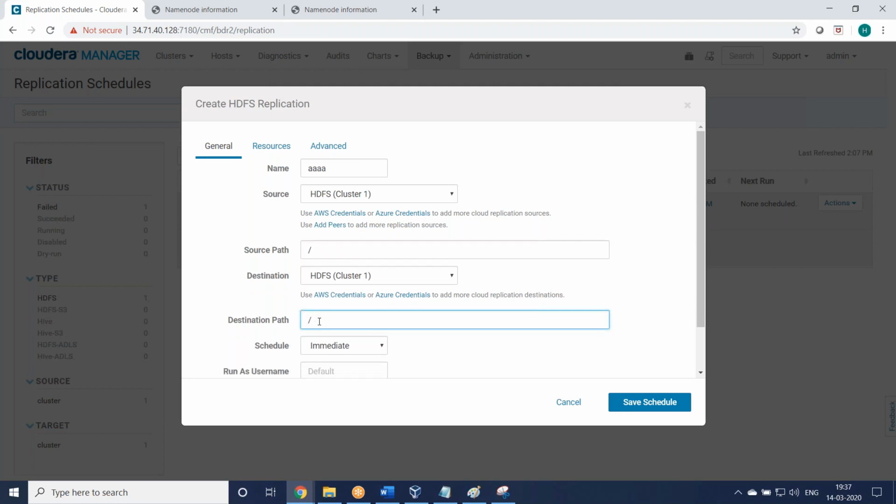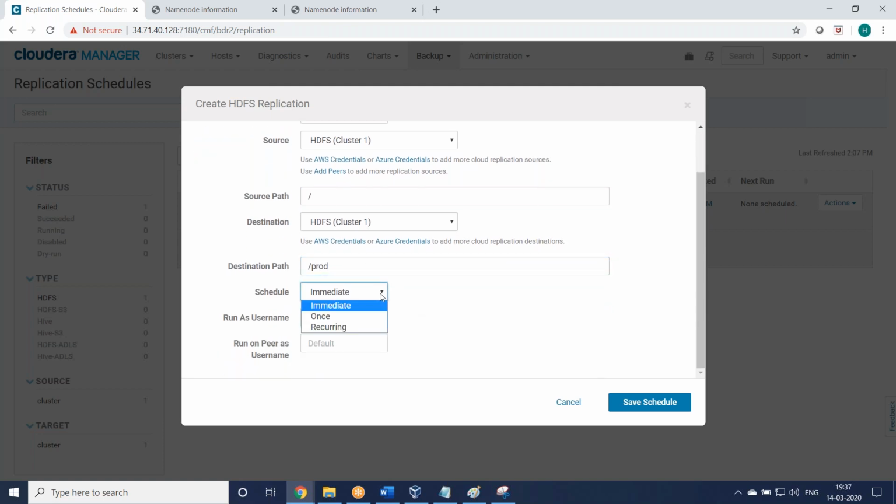So destination prod. So schedule once or else immediate. Run as username, okay, HDFS. Okay. So run as peer username HDFS. Oh, we have not created a peer username, right? Okay. Save schedule.